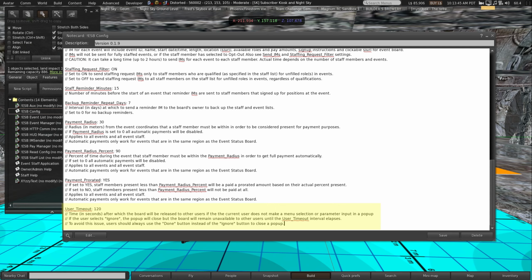With no activity, the user menus will time out. The user will get a warning. The board will be released for somebody else to use, and no action will be taken on any menu that's already shown there. So this just allows the board to be freed up in case somebody does close a menu using an Ignore button. So that pretty well covers the ESB configuration card,